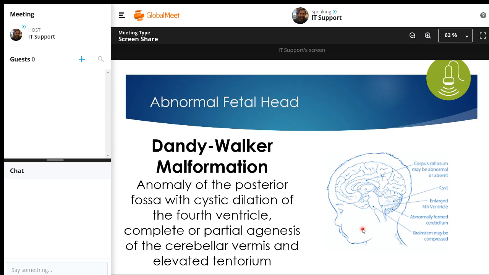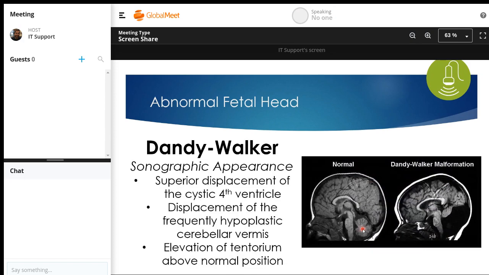So we're going to look at how the cerebellum appears when that is not present. Dandy-Walker ultrasound appearance: superior displacement of the cystic fourth ventricle, displacement of the